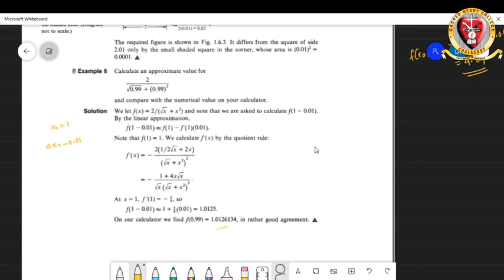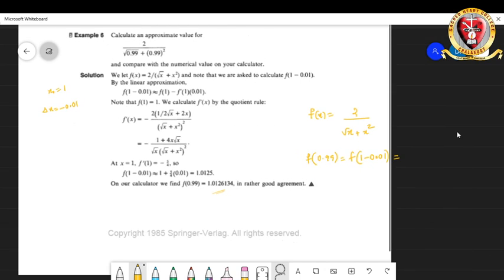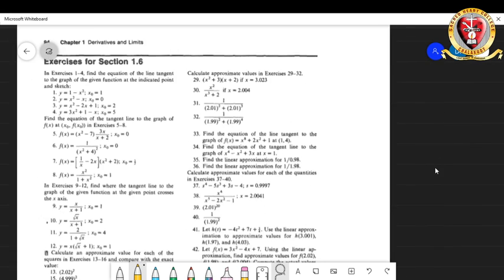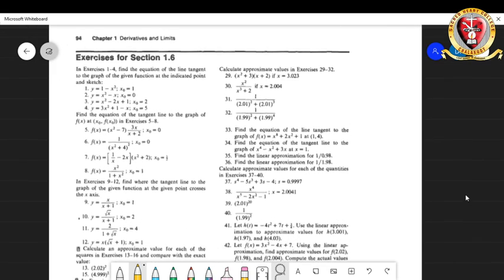So here what we did is define f of x equal to 2 by root x plus x square. We defined it like that. Then we found f of 0.99 by thinking that 0.99 is 1 minus 0.01, and then used the linear approximation as we just said. And then we are left with the exercise section of this part, and you have to solve till